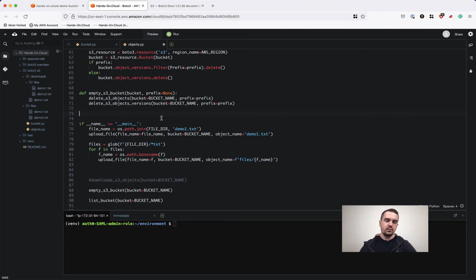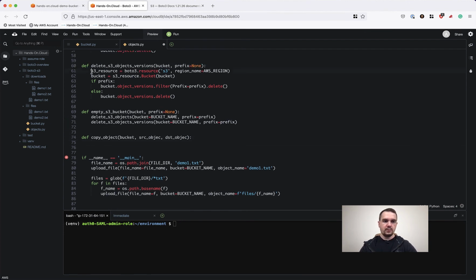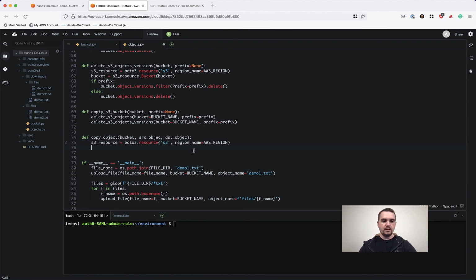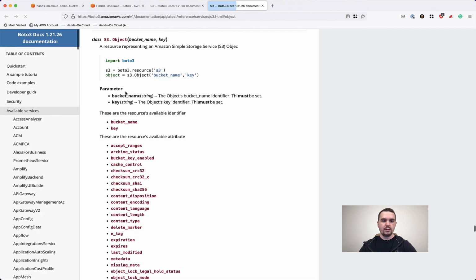Okay, now let's implement a method which will allow us to copy an object within an S3 bucket from one location to another. So let's define a new method which we'll name copy object. This method will accept bucket as a parameter, then source object name and destination object name as well. Now let's use the resource which we already defined in various other methods, and to copy the object from one location to another within the same S3 bucket, we need to use the object class which points us to